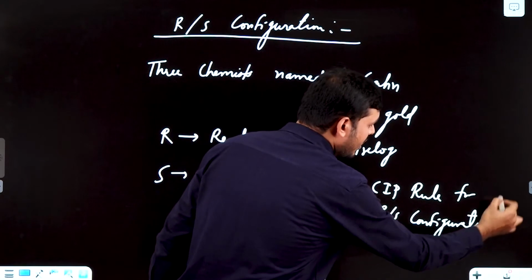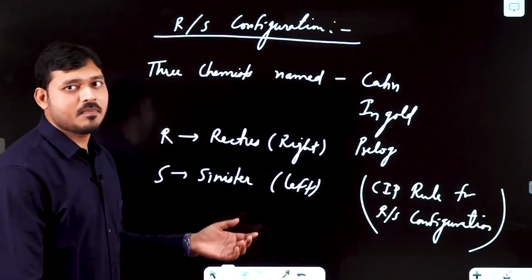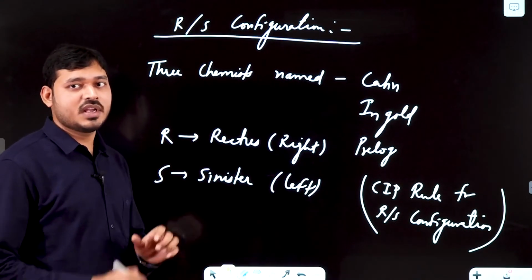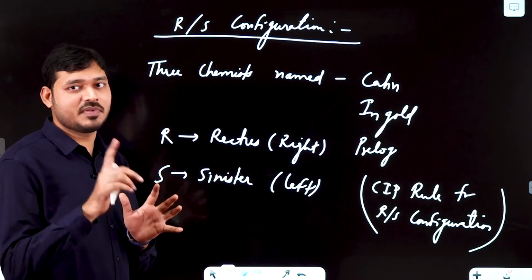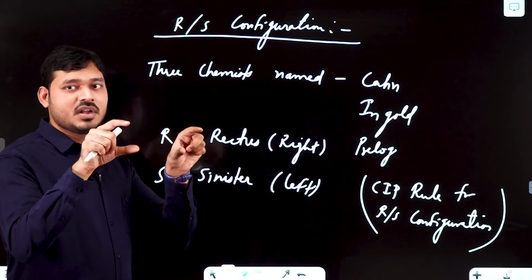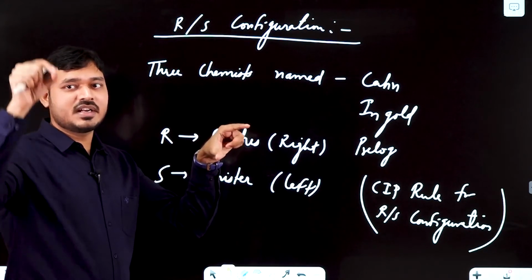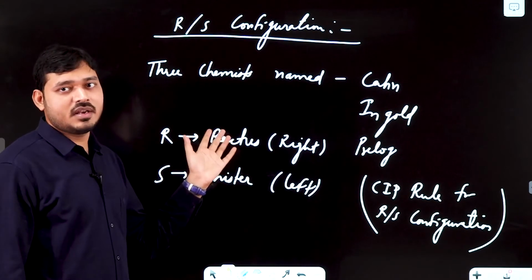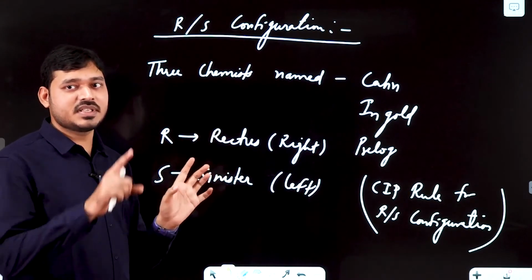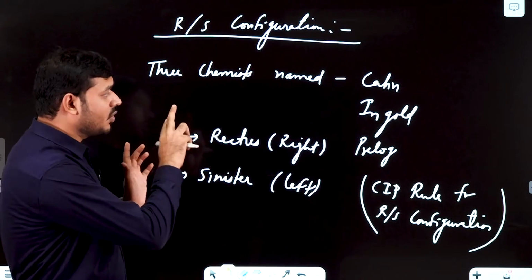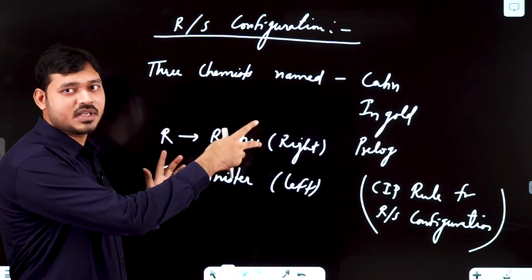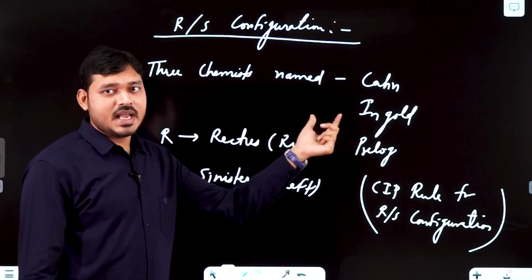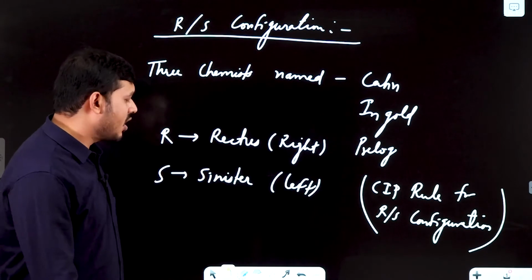Many of you may remember the geometrical isomerism part where we also studied the CIP rule to decide the priority of groups, with two groups on this side and two groups on that side of a C double bond C. Here also similar rules will be used to name the compounds in different ways. As we studied 2-butanol, we have two different 2-butanols with different properties. So one is R-2-butanol and another will be S-2-butanol. Let's see how to make such